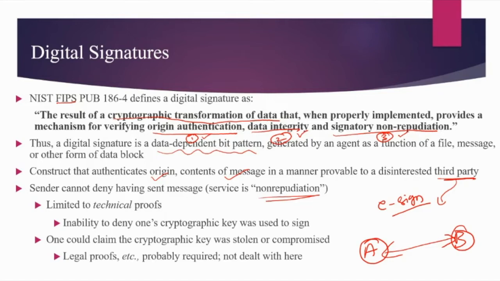So digital signatures have a few important properties. The first property we have seen is that it depends upon the message. So with the message, the digital signature changes. Second, we have seen that even a third party, without having much information, like without having the information of my private key or something like that, can prove the authenticity of the origin and content of the message. And I cannot repudiate, so we have the service of non-repudiation. I cannot deny the act that I did. So these are important features of digital signatures.